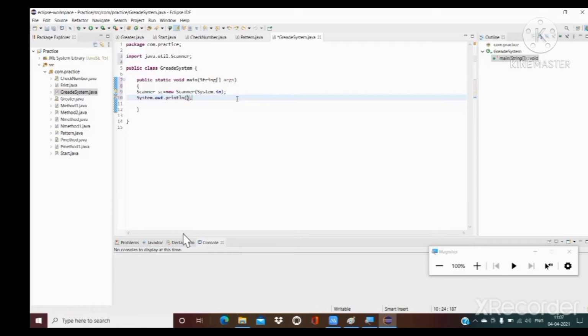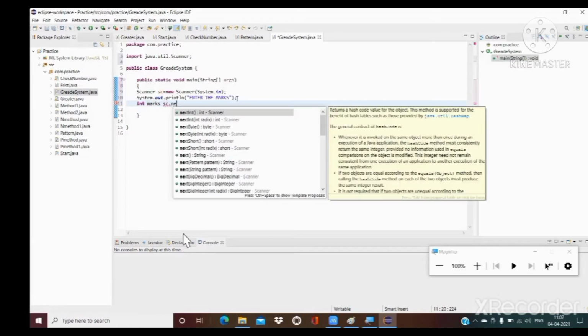Now we are printing the message, enter the marks. After that we are creating a variable, int marks, equal to sc.nextInt.